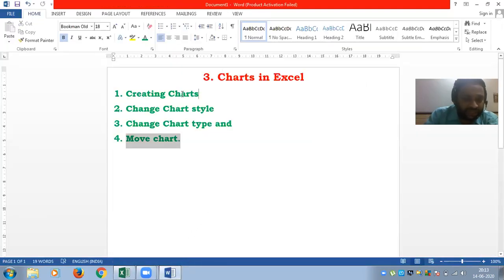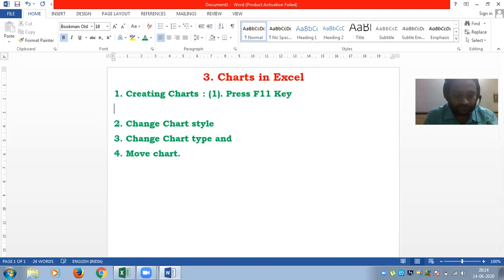The first one is creating charts. Second one is change chart style. Third one is change chart type. And fourth one is move chart. If you observe, under creating charts, we applied two methods. One is pressing the F11 key, and here I'll mention Method 1.